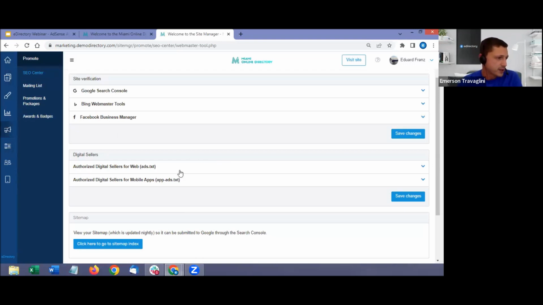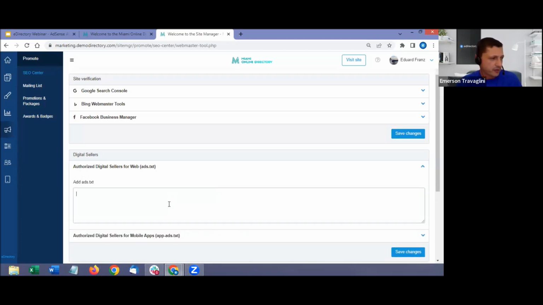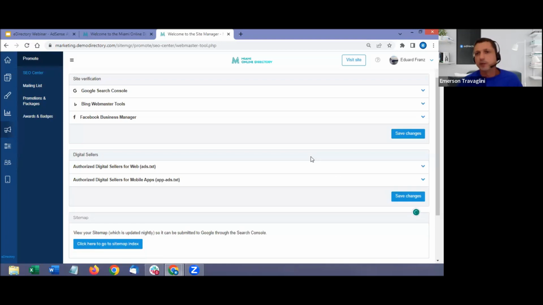So we're going to receive a text file. We're going to copy and paste this information here. That's required for Google AdSense and another program. So it's very easy to verify your website on these programs. That's it. Very simple to use.